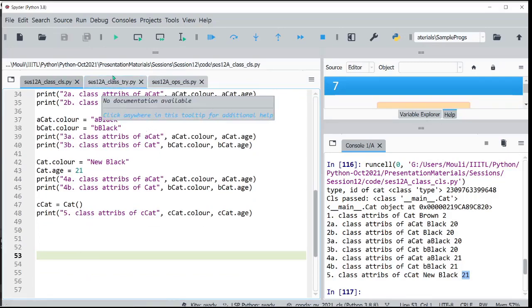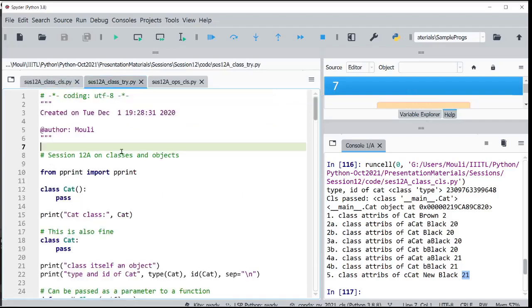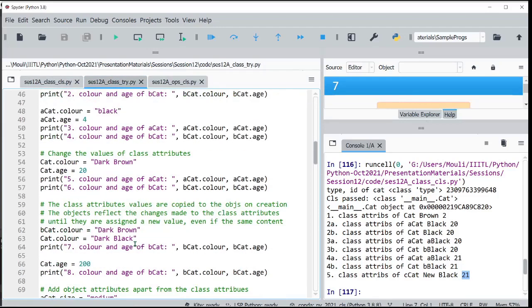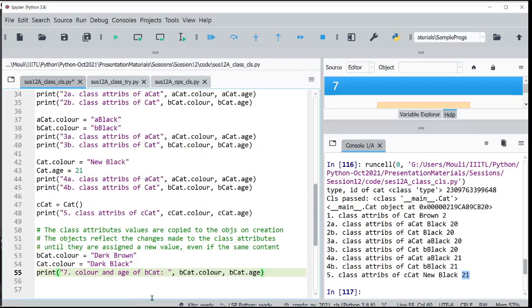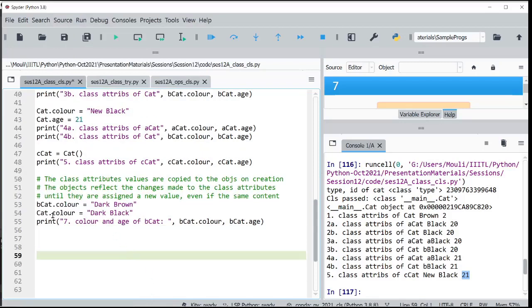Maybe I will take it from what I have already written, so let me use that to advantage instead of typing. Now I say B cat, I am changing it, and the cat color I am setting to dark brown.